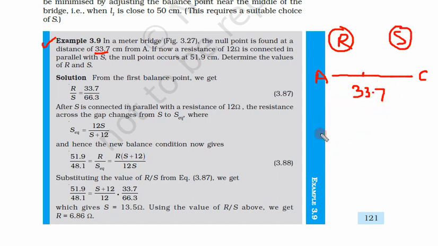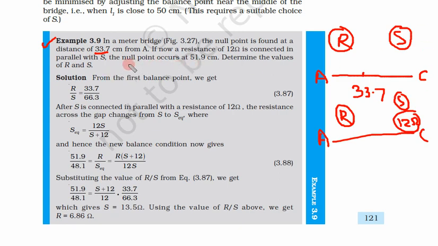In the next case, again A and C, this is the wire. So R remains the same, the known resistance remains the same. A 12 ohm resistance is connected in parallel. So S was already there, and a 12 ohm in parallel. Here you can see that if 12 ohm was in series, we could directly add S plus 12, but it is in parallel, it is not in series. So we have to calculate the equivalent resistance.